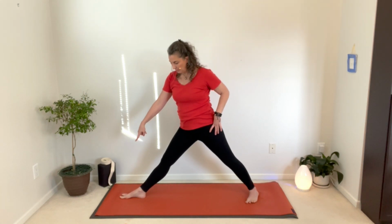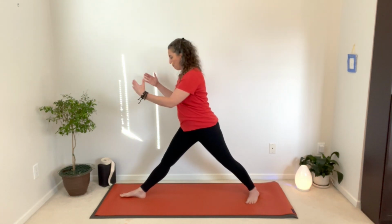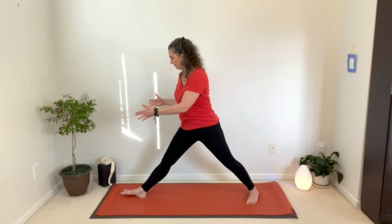to the other side. Right foot in, 30 degrees, just a little. Left foot turns out 90 degrees, so the heel of the front foot lines up with the arch, parallel to both sides of the mat. I wasn't totally parallel. I just checked my foot out, made sure it was doing what I wanted it to be doing, and it wasn't. Bring the arms up, bend the knee, track it right over the foot so it's not